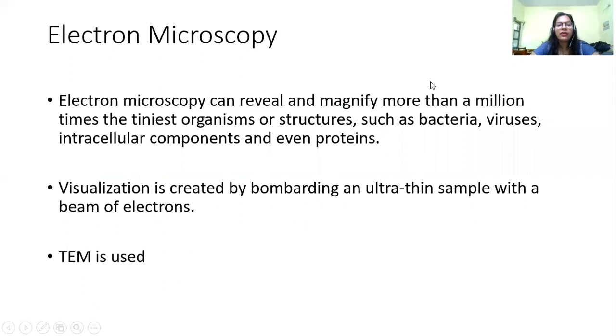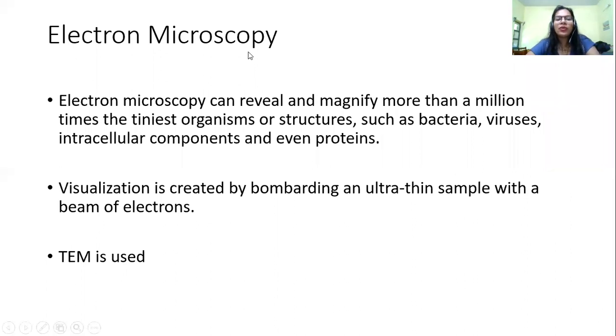Okay, so the electron microscopy. Don't worry about it, because there are different types of electron microscopy, and once we start with the biotechniques topic, whatever techniques come up during our cell biology topics, I'll take all the techniques side by side. The next topic will be electron microscopy. First we talked about the freeze fracture technique in electron microscopy. In the next lecture we'll study the different types and the principles or techniques behind electron microscopy.